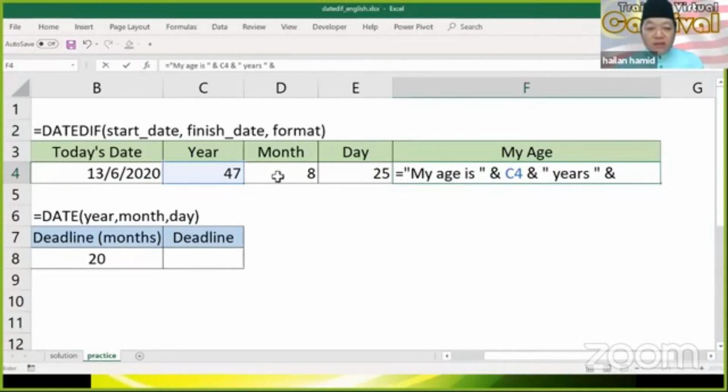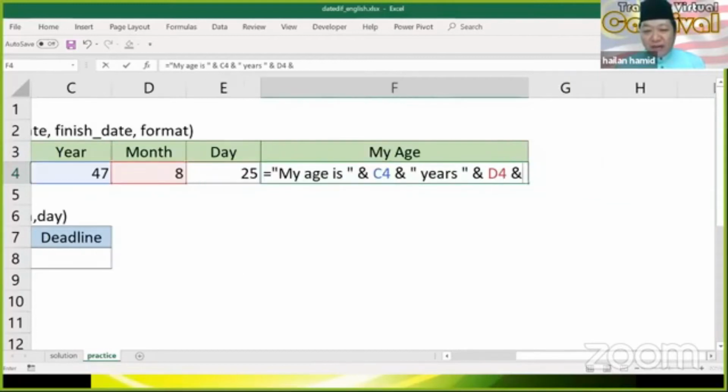in Excel. Okay. So D4. And wow, this is long. This is long, but it's kind of simple, right? Okay. Double quote, space bar. This is months. If you want to have month or months, then you need to have other formulas like if and others. Okay. So and the last one, E4, and days,